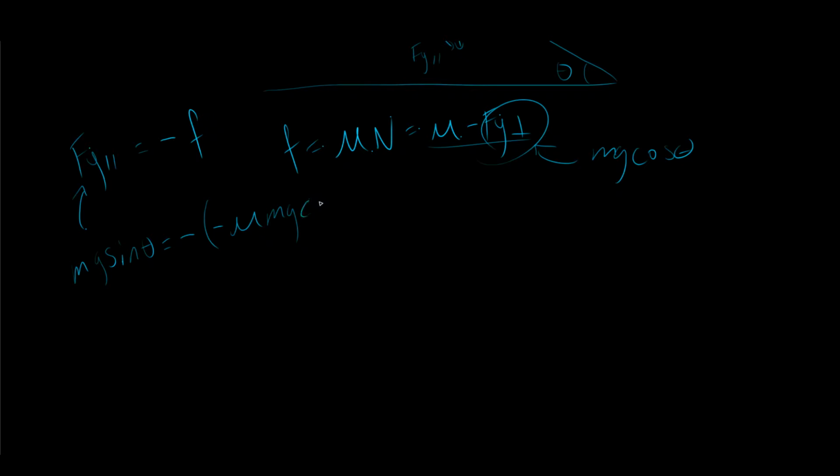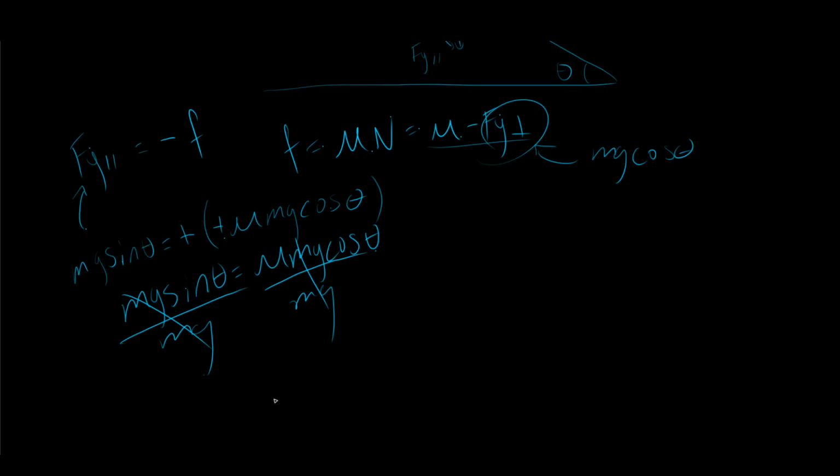Yeah, cosine theta. And so negative times a negative becomes a positive, so we get that mg sine theta is equal to mu mg cosine theta. Then we can divide both sides by mg,